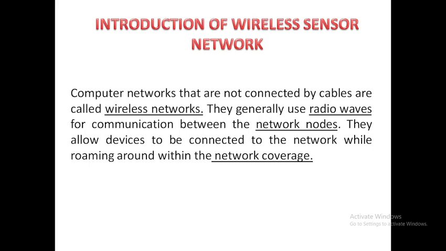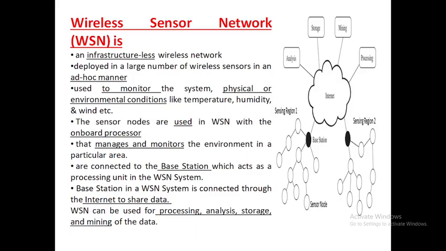They also allow the different nodes to be connected to the network when they are roaming around within the network coverage. Wireless sensor network is an infrastructureless wireless network in which a large number of wireless sensors are deployed in an ad hoc manner. Ad hoc manner means in a temporary way, and it is used to monitor the system's